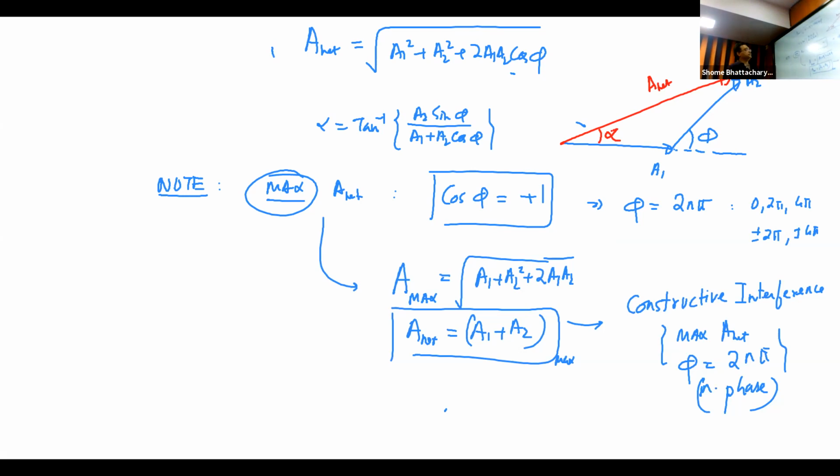So that is the condition for constructive interference, which as you can see comes from the general formula, but substituting the condition for the net amplitude to be maximum. So the condition for net amplitude to be maximum only is what we call the constructive interference condition. Correct? So I'm just checking if anybody has doubts in the messages.